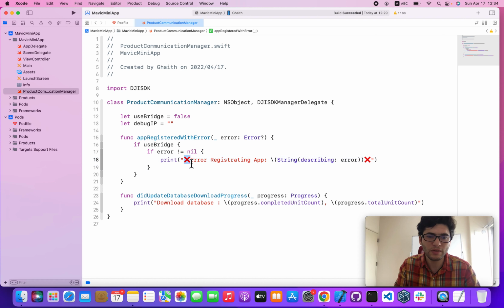And I prefer using this red X mark just to make sure that this is an error when you are seeing the log of the project. Okay, else